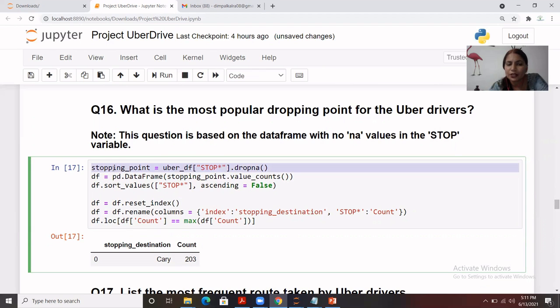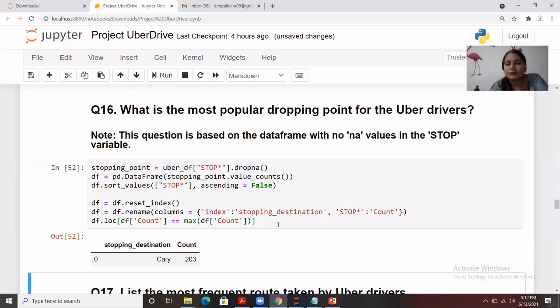Then we created a new object, a stopping point, and in the data frame we passed all the values we generated from there. Then we created a value count so that we can find the total number of unique records with their occurrences, and we stored it to a DF. Then we sorted all the values in decreasing order. We reset the index, gave the column names stopping destination and count this time, and then calculated the max.